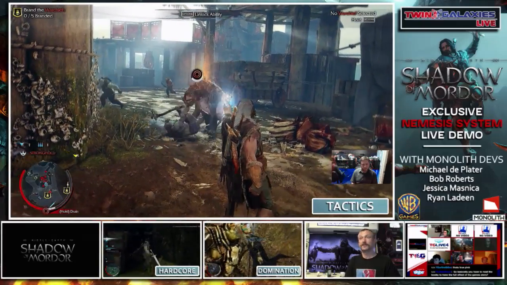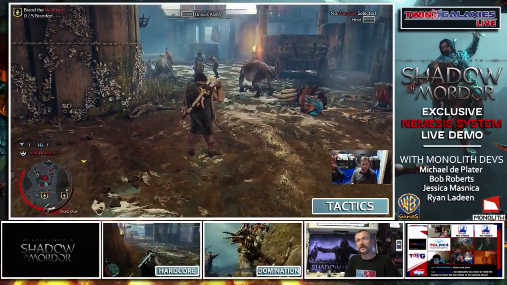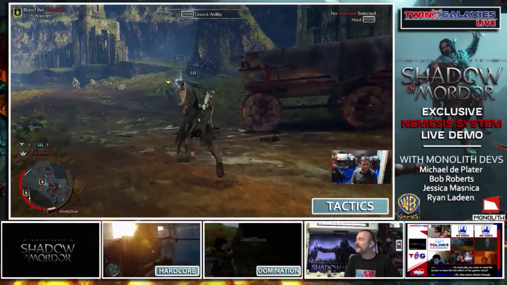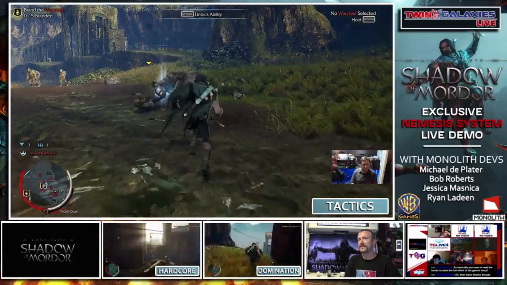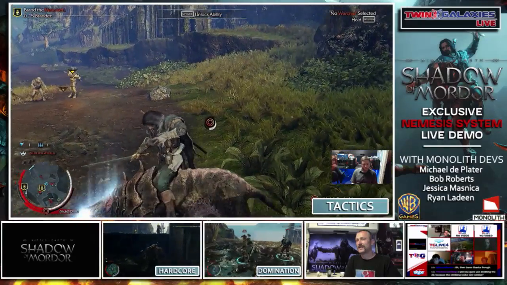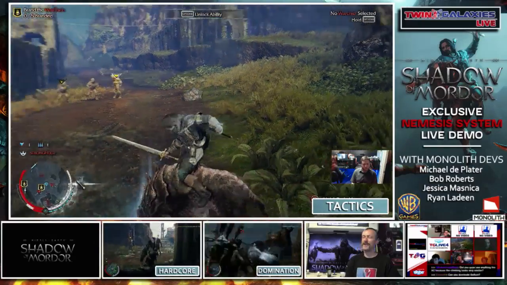What is the most surprising thing you've seen? You're developing this Nemesis technology, and you're seeing emergent behavior between the player and the game. What's the most surprising thing about it that you've seen so far? Yeah, that's...